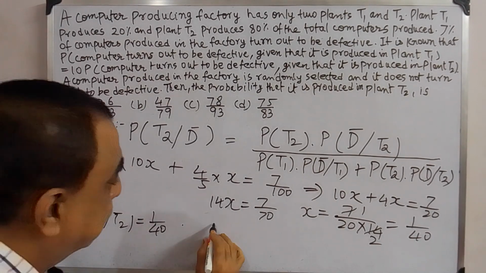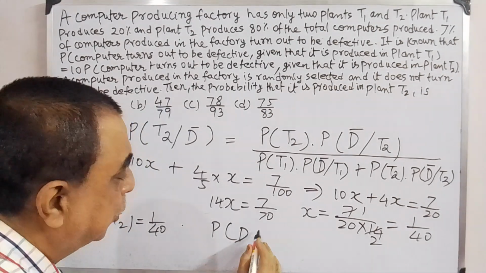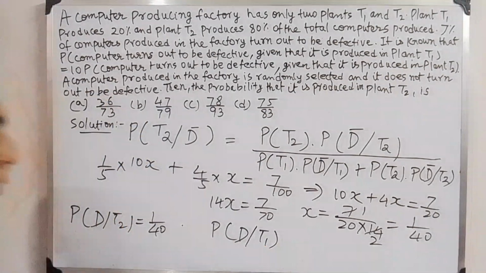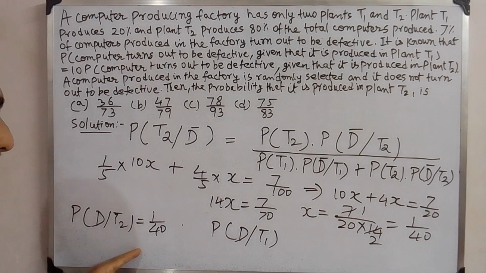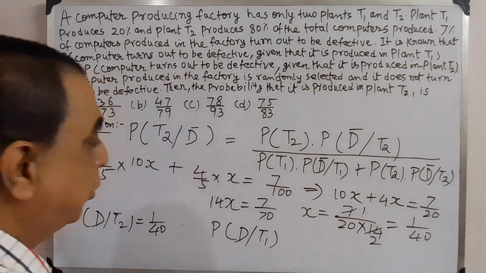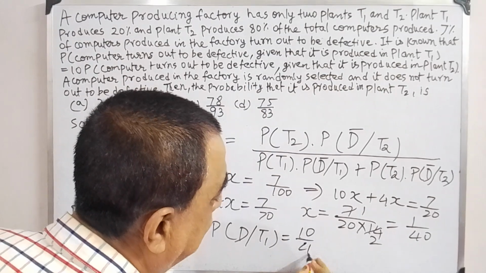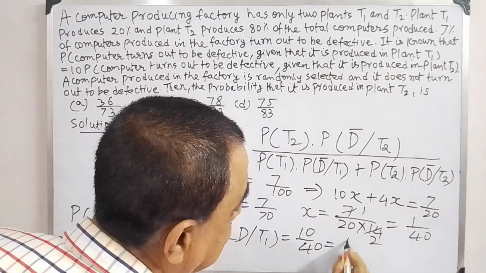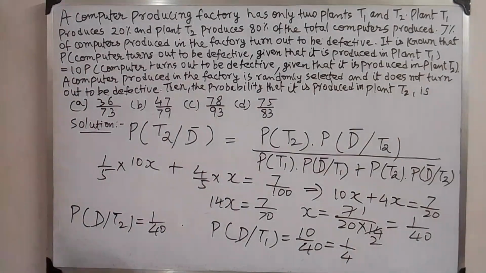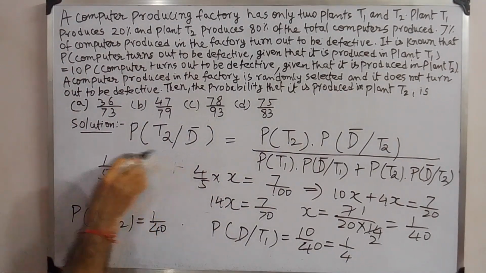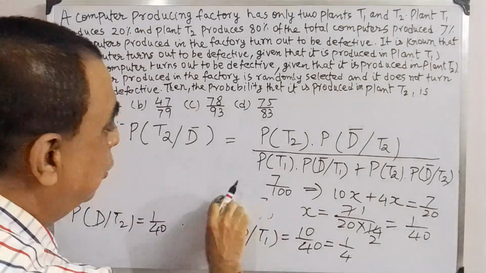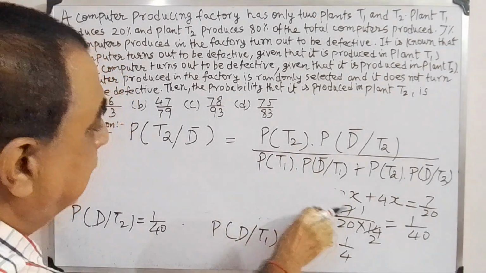Correct? And the probability of the defective computers provided that it is produced in T1 will be 10 times this, 10 times the value of x. So this will become 10 by 40, that is equal to 1 by 4. Correct? Now, what will be the probability of